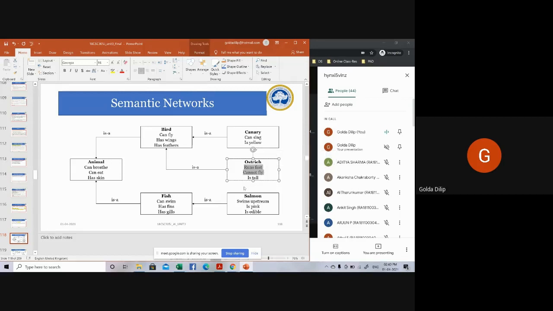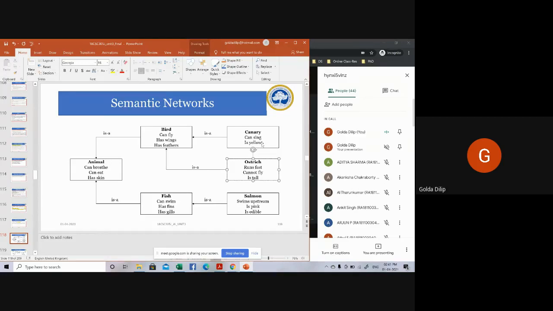Of course, if you have attributes, what are attributes? They describe the entity. If it is a student, the name, registration number, roll number, email ID, all those are the attributes. In the same way, canary: red in color or yellow in color, two eyes, one nose. So some attributes will describe the entities, and that can also be given.